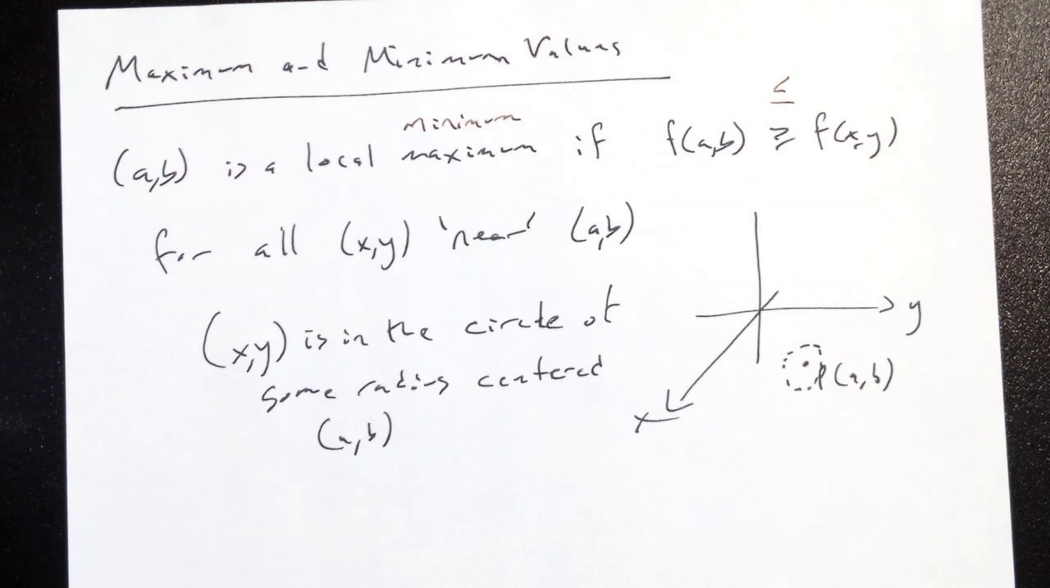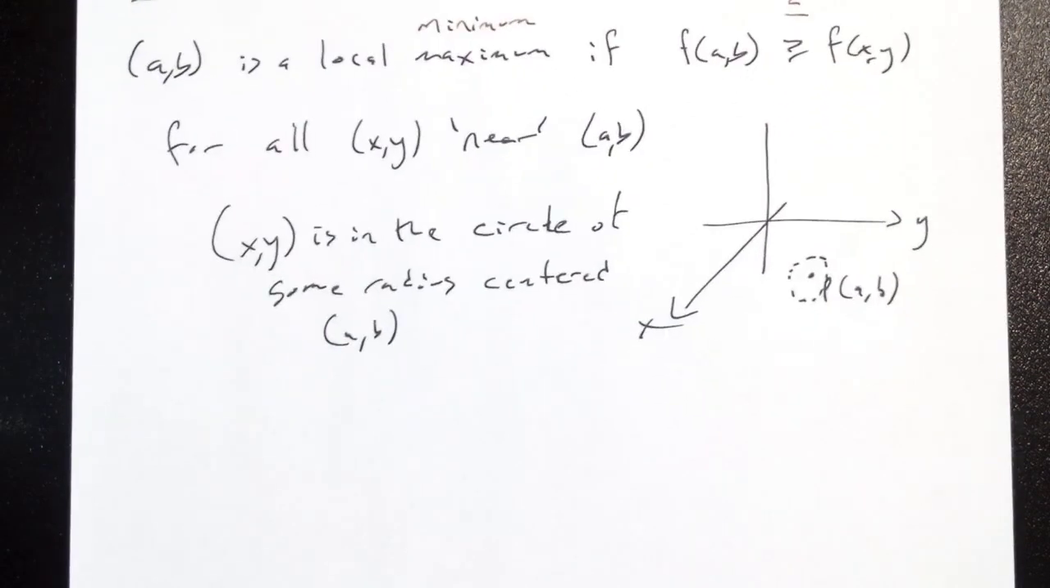Okay. I have an absolute maximum, an absolute minimum, means it's not just true for all xy near AB, it's true for all xy, period, in the whole domain of the function. So I have local maximums, local minimums, global maximum, global minimum, the same way I had them in Calc 1. Locally highest, overall highest, locally lowest, overall lowest. But